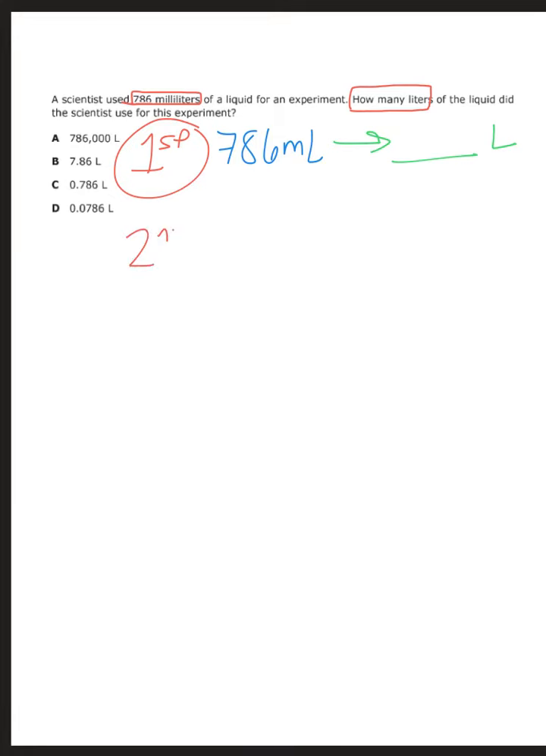Our second step after that is we're going to have to find the conversion rate. And what I mean by that is we're going to have to find out how many milliliters there are in a liter. Now, there's a couple ways you can do this. When you take the STAR test, they will actually give you all of the conversions that you need to know. In class, I'll usually give them to you, or you can actually Google to find out what the conversion rate is. In this case, there are 1,000 milliliters